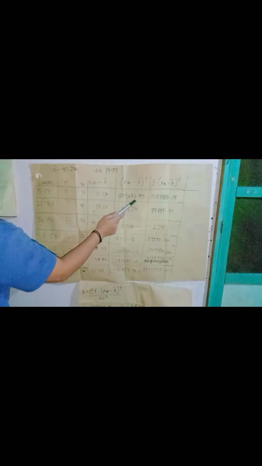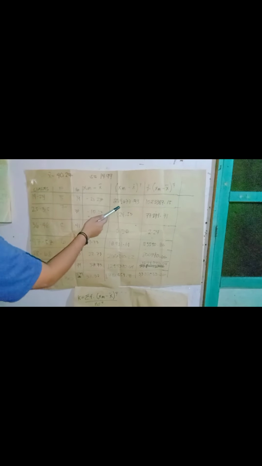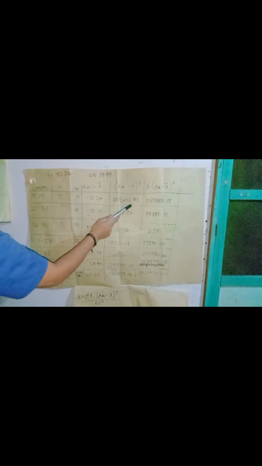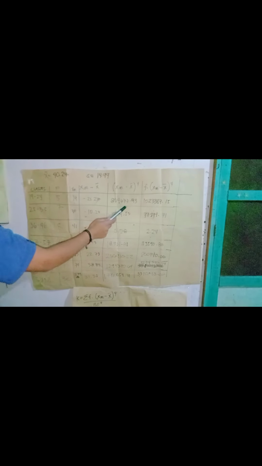Negative 21.27 to the fourth power gives us 204,677.43. This 204,677.43 times the frequency